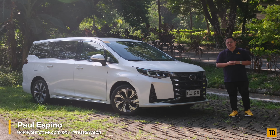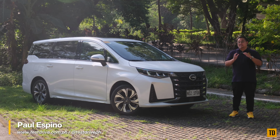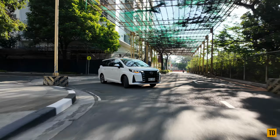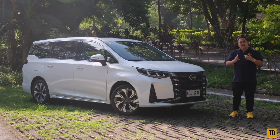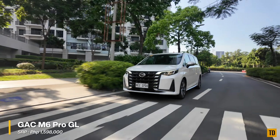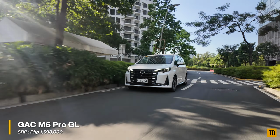Guys, when I think about it, choosing a family car is probably one of the most difficult things you're gonna be doing, because you have so many considerations like space, price, features, and on top of all that, you have to make all of your family members happy. But you know what? After driving the GAC M6 Pro for about a week, I think I finally fixed that